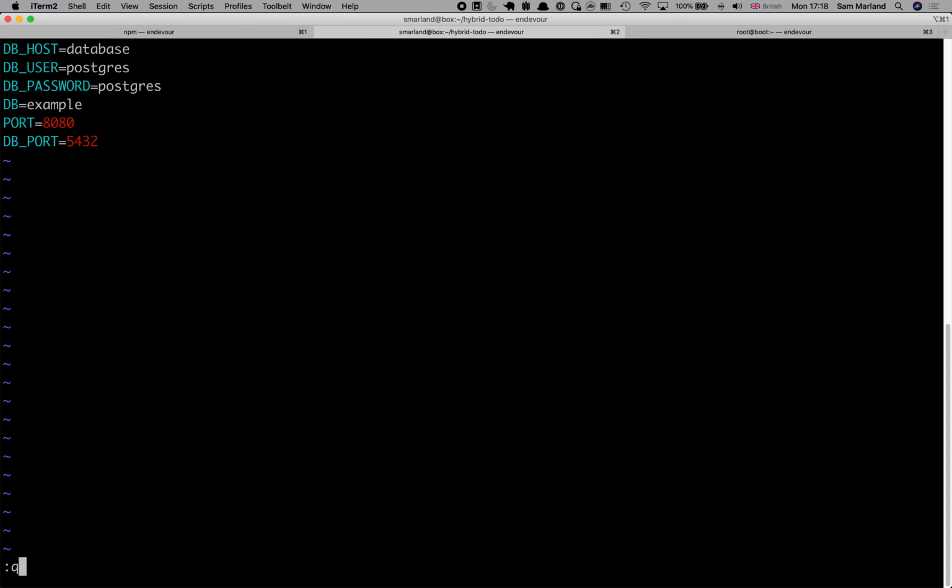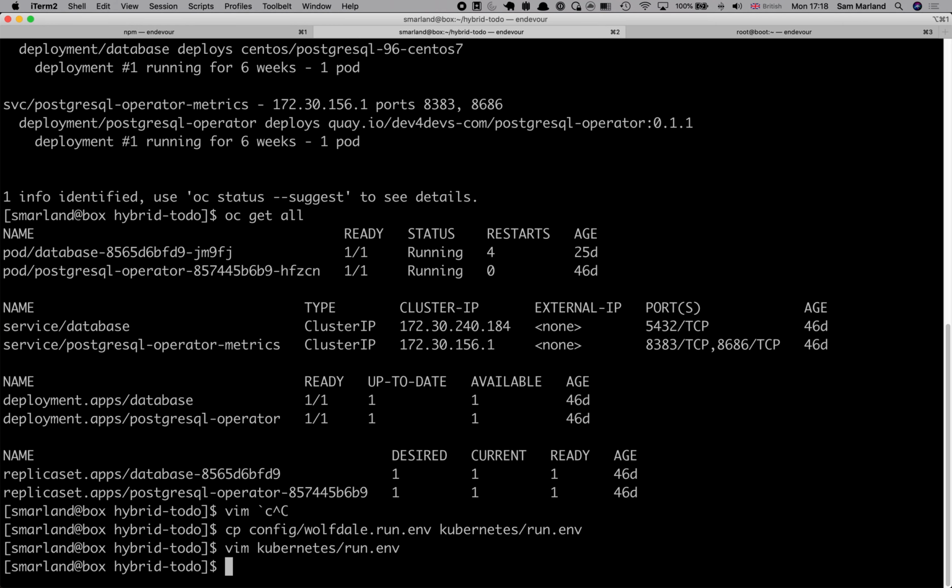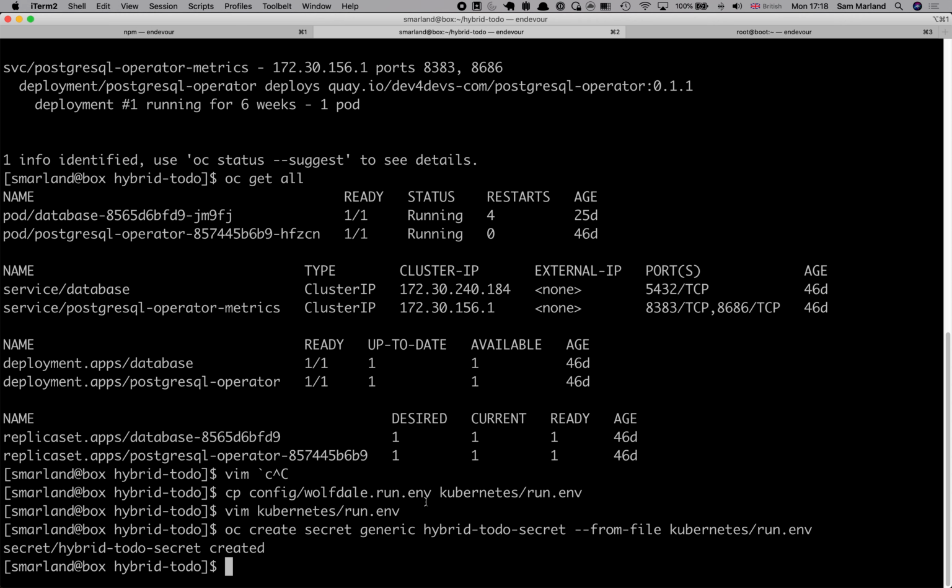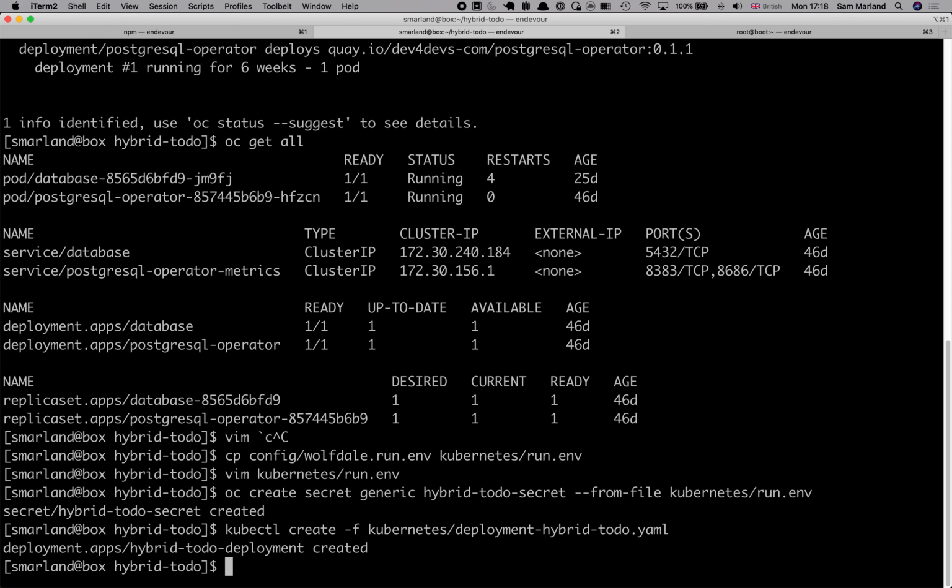So I'm going to load this in as a Kubernetes secret. I'm just going to use a handy one-line command to create my secret. Now, there's no reason why I'm using OC here, the OC command line, which we ship with OpenShift. There's no reason why I couldn't use the kubectl command line here, as OpenShift is a fully CNCF standard cluster OpenShift distribution. So firstly, I'm going to create my deployment, and then I'm also going to create